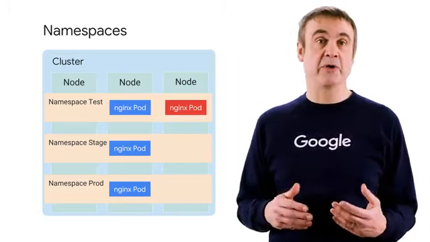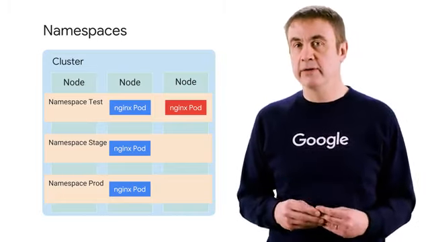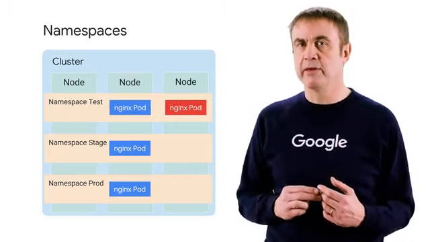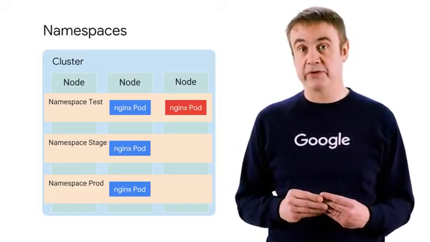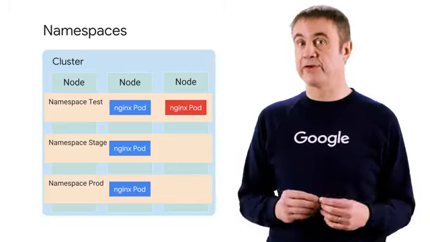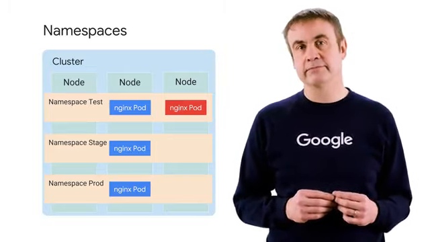Namespaces also let you implement resource quotas across the cluster. These quotas define limits for resource consumption within a namespace. They're not the same as your GCP quotas, which we discussed in an earlier module. These quotas apply specifically to the Kubernetes cluster they're defined on. You're not required to use namespaces for your day-to-day management. You can also use labels. Still, namespaces are a valuable tool. Suppose you want to spin up a copy of a deployment as a quick test. Doing so in a new namespace makes it easy and free of name collisions.